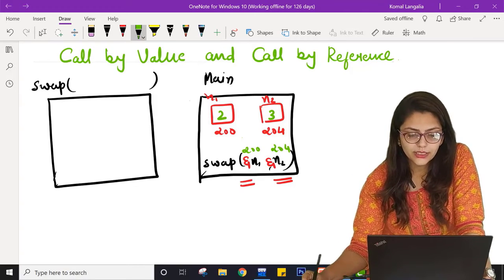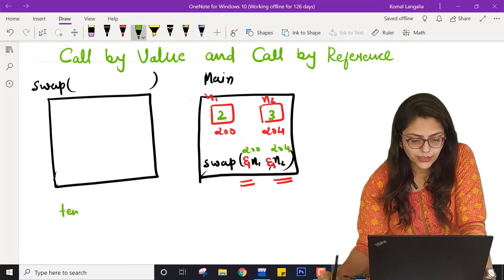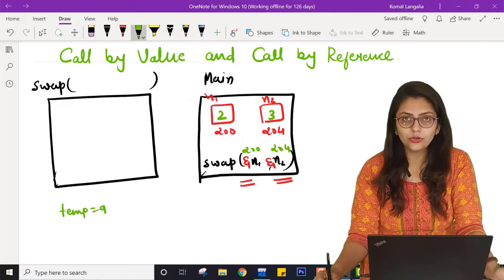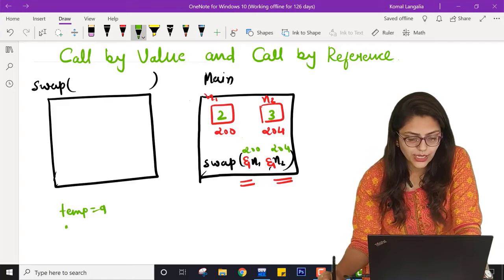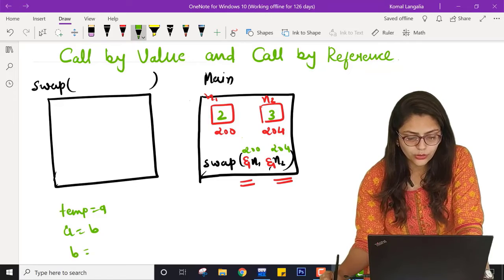So here in the swap function, we were writing temp equal to a, whatever the value of a is, then a equal to b and then b equal to temp.